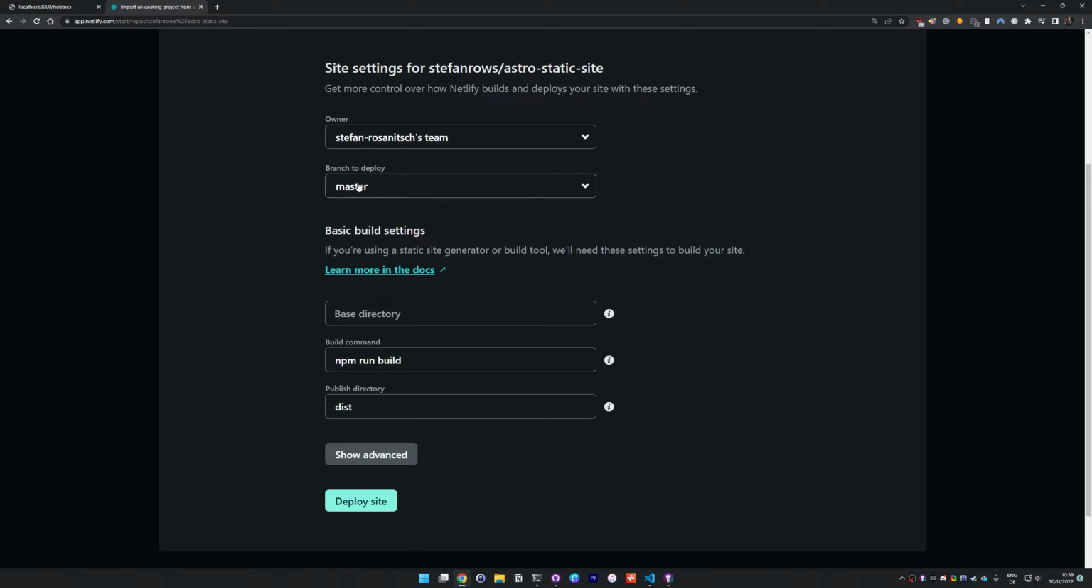So you need to deploy the branch, obviously, that is your master or main branch. You want the base directory to be like this. You want to run the npm run build command, and the published directory is the dist directory. So this is completely correct, automatically filled in by Netlify since they recognize this is an Astro site. Then you click on deploy site,